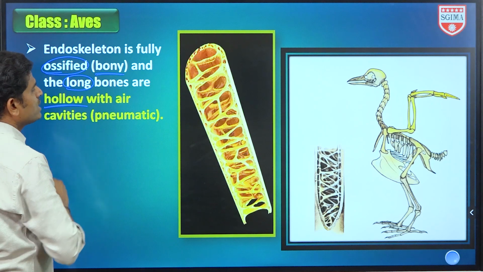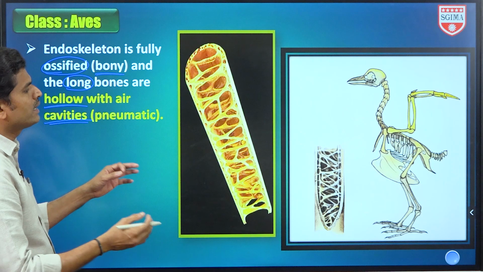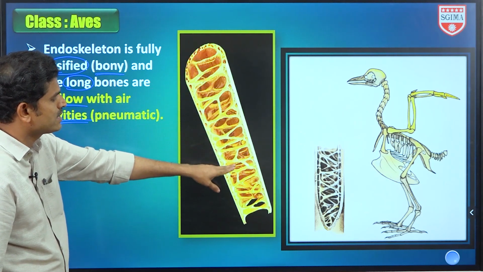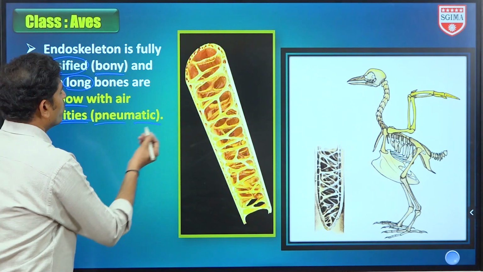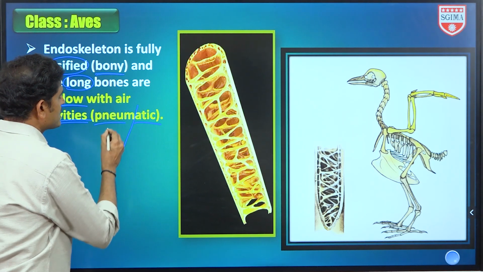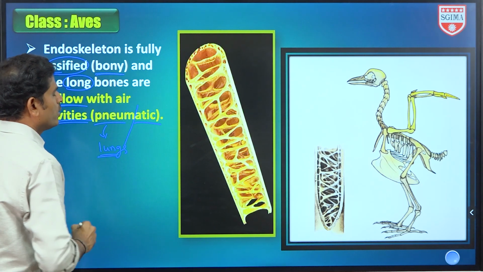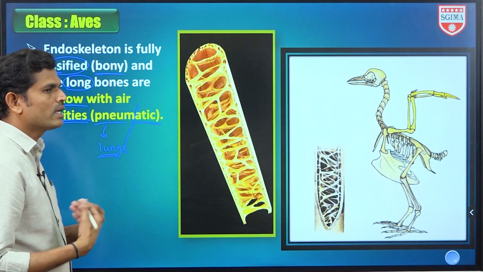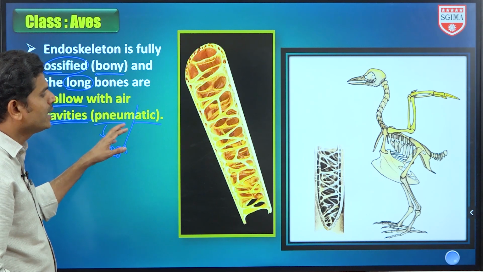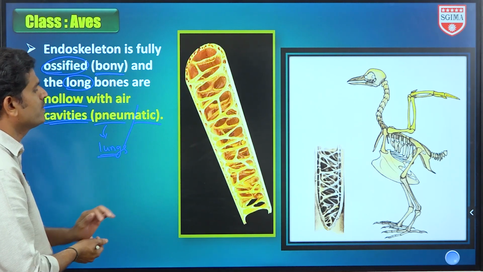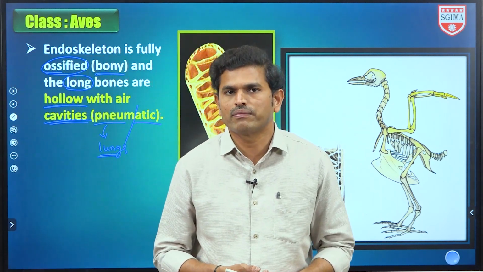hollow, okay, cavities with air filled cavities. So bones contain cavities, and in these cavities air is filled. That's why these are called pneumatic bones. Pneumo indicates which one? Lungs. This word indicates the lungs. Why is the word pneumo used here? Our lungs, and the lungs of most organisms, are filled with air. So here these bones are also filled with air. They contain air cavities. That's why they are called pneumatic bones. So presence of pneumatic bone is an adaptation for aviation.